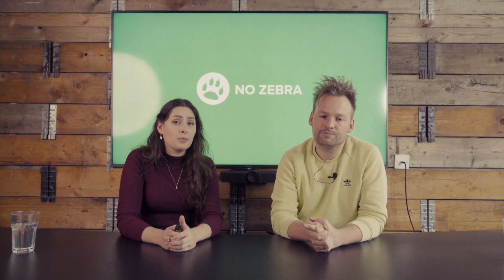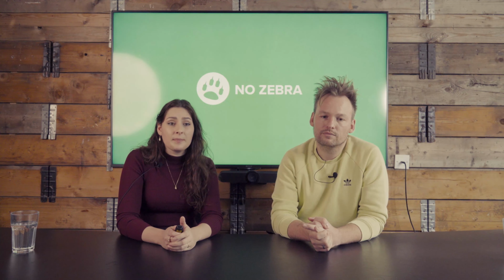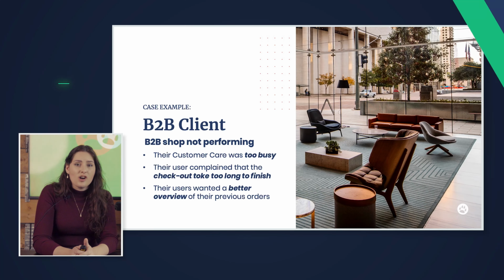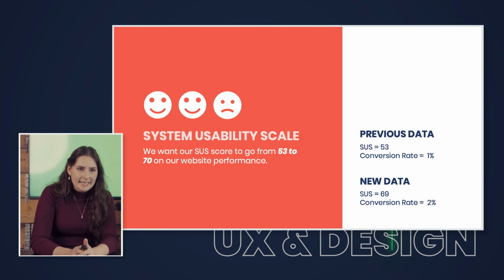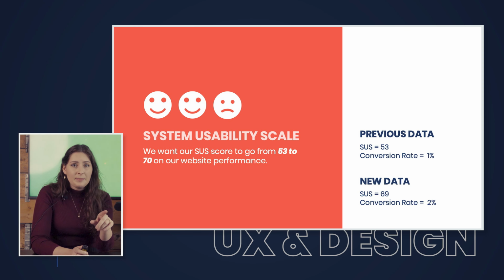But if we now look into those same examples we were talking about previously, digging into that B2B client, who was measuring these two types of metrics, and now having to remeasure that data, what would that actually look like, and how do you communicate those changes to your team? So taking the system usability scale as an example, here you could say the targeted value was 70. And you can see at the top that the previous data was 53, and the conversion rate. Keep an eye on that.